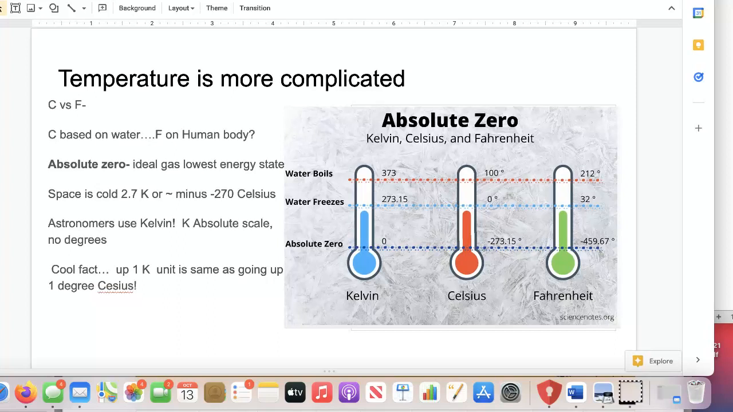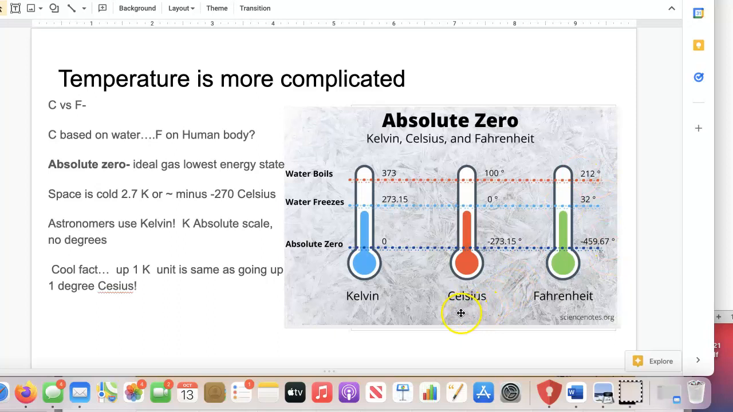Fahrenheit is based on the human body. It's supposed to be 100 degrees as a human body, but that's wrong too. It's 98.6, or actually most people are 97. And so it has the boiling point of water at 212 degrees, as you can see over here, and 32 is freezing. It's not a very nice system, so we're just going to get rid of Fahrenheit,